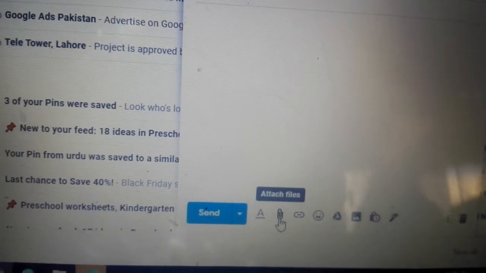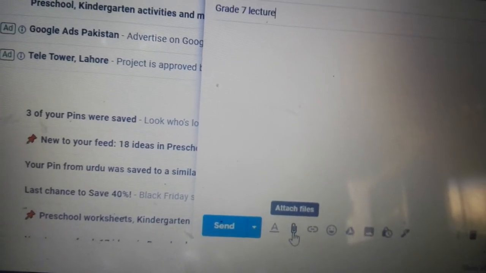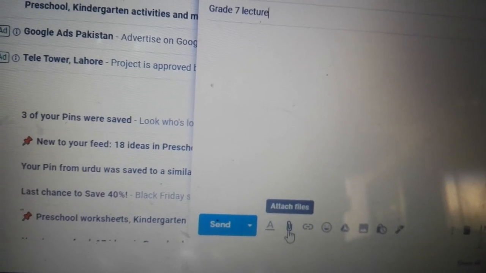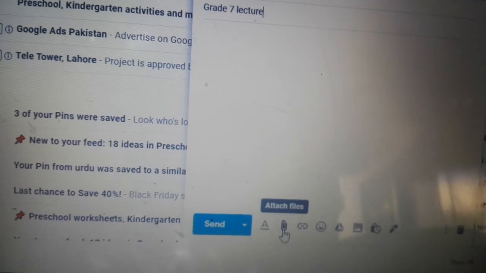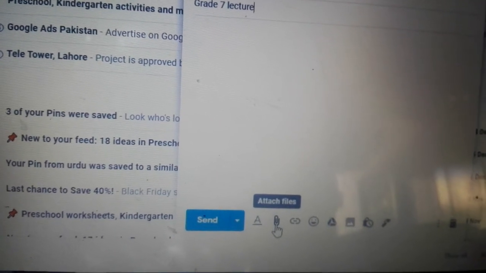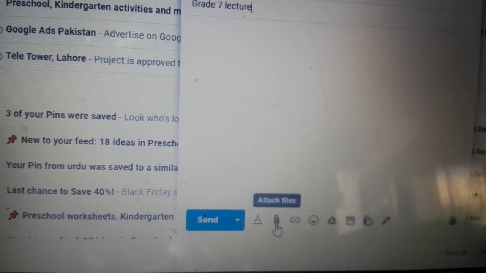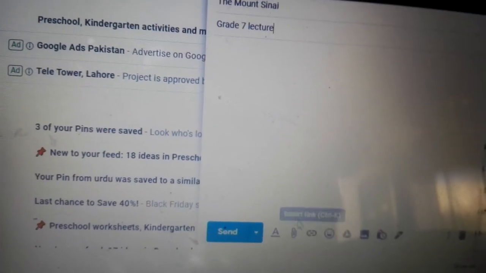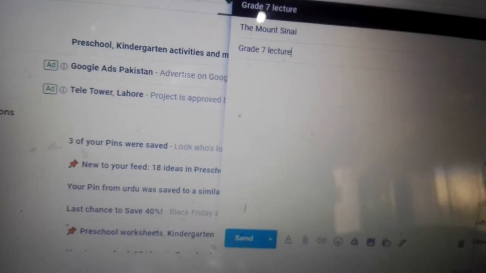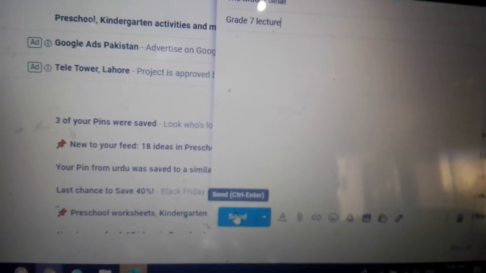Like this is the icon of attach file. If we click it, then we can add any audio, video, picture, or anything from our laptop or our mobile. Clear? In this way we can attach anything, and then we can send the email.